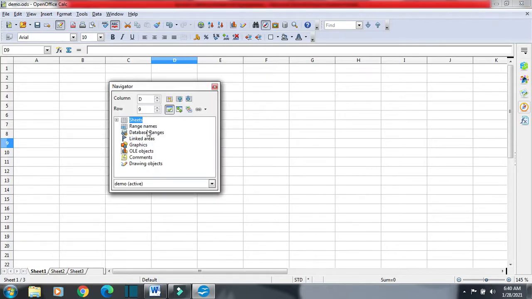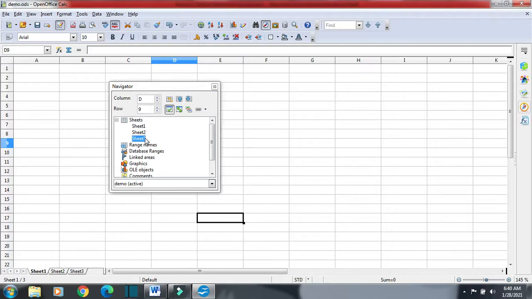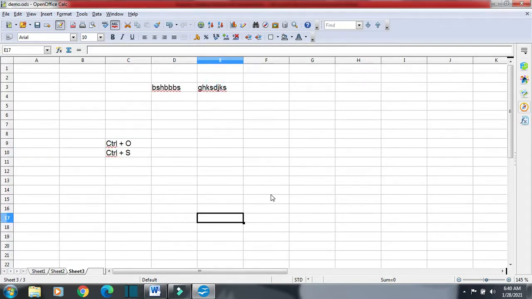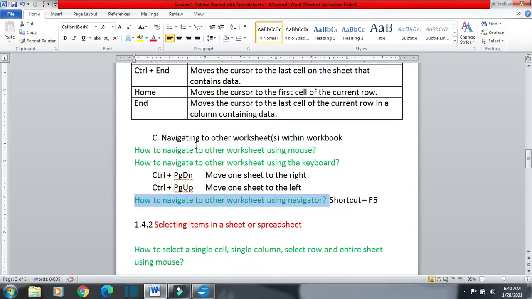In navigator, double click here and you can have the option sheet number 1, sheet number 2, sheet number 3. Suppose I want to go to sheet number 3. So right now I am in sheet number 3. So we have discussed how we can navigate to other worksheet within a workbook using mouse and using keyboard. The next topic that we are going to study is